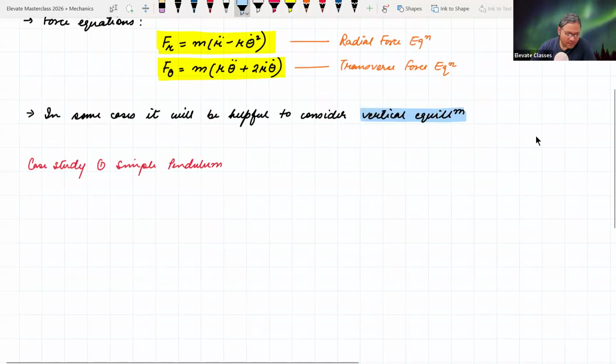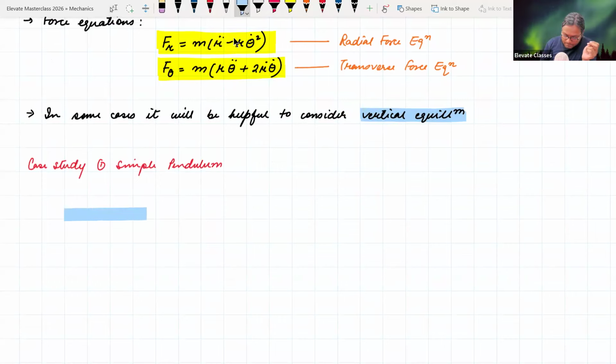And in fact, if you have a simple pendulum problem,